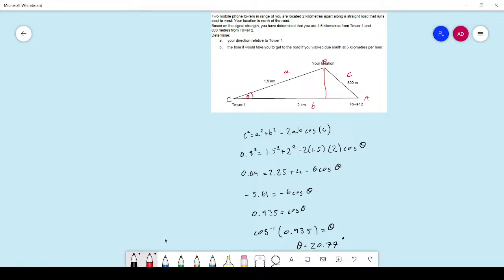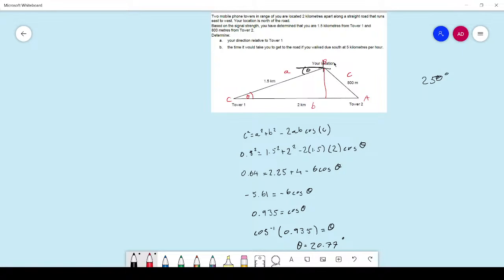What can we see? I don't know if they want true bearings. Using the Z rule, we know that this is also theta. I haven't seen any other bearing questions so far, so I wouldn't think they want you to measure it from 360. But if they did, you'd draw on your little compass here, 90, 180, and then this last little bit would be 90 minus the 20. So it'd be 90 plus 90 plus 70. It would be roughly 250 degrees